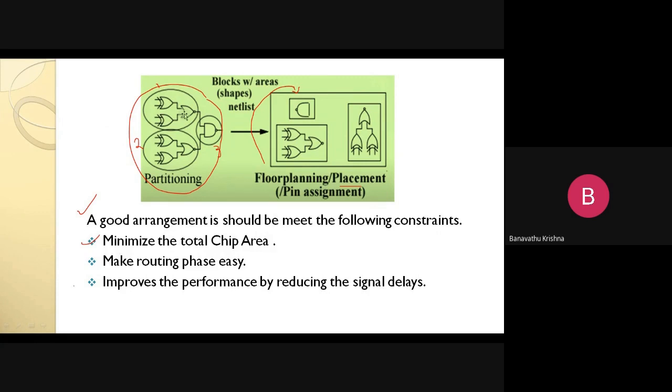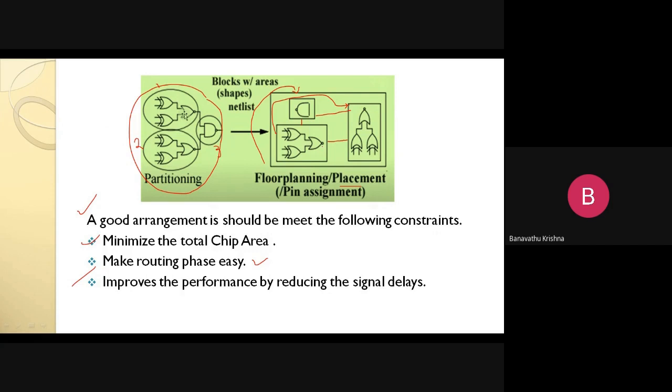And making the routing phases easy, right? So here we make the routing phases very easy. Routing being easy means we have to maintain the routing connections like this. Suppose this is a very short path, this is a very short path, and this is a very short path. Okay. Suppose if you make the connection like this, then this is a very long path. So we have to keep routing easy. How do we make the shortest paths between the modules we placed in this